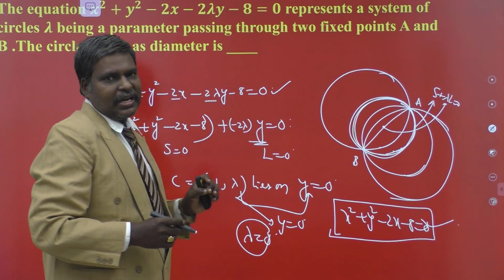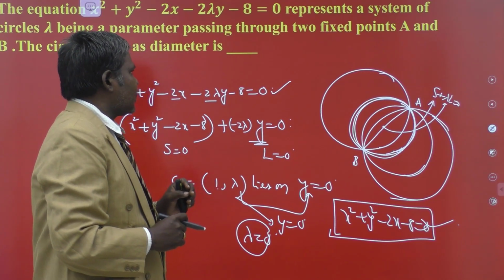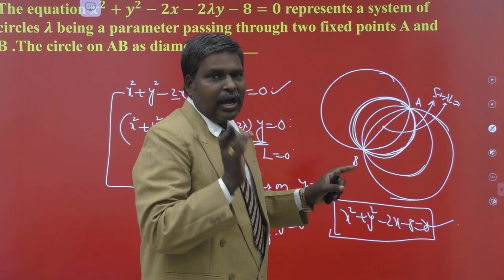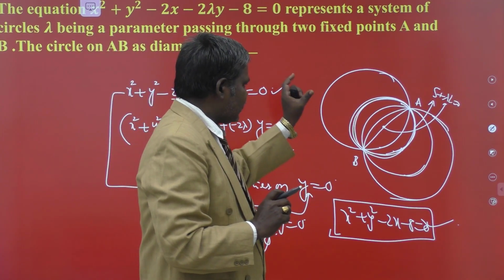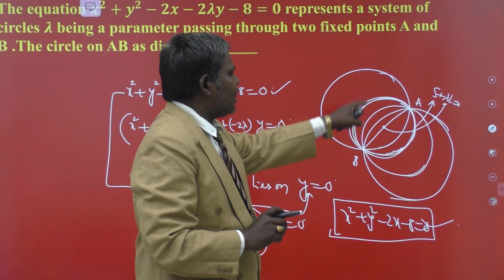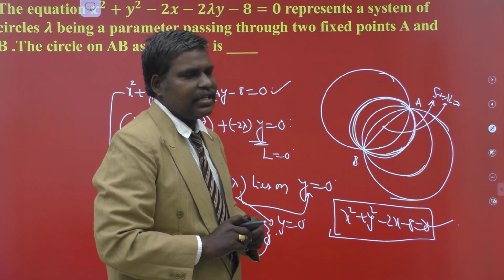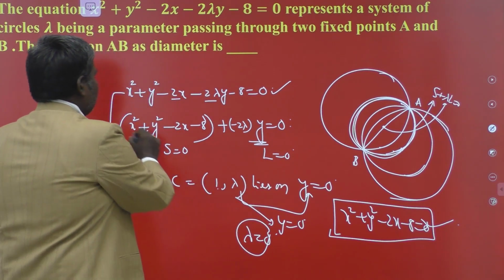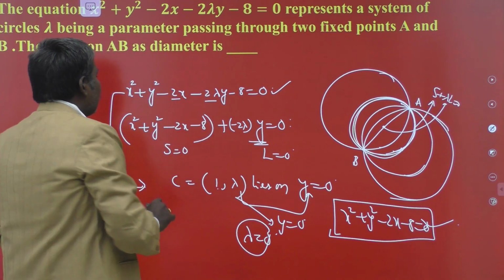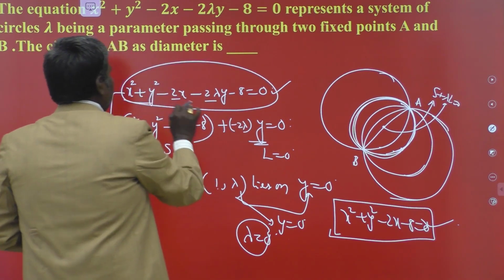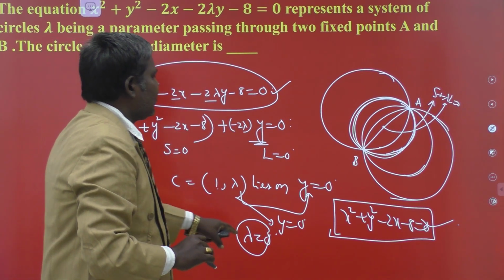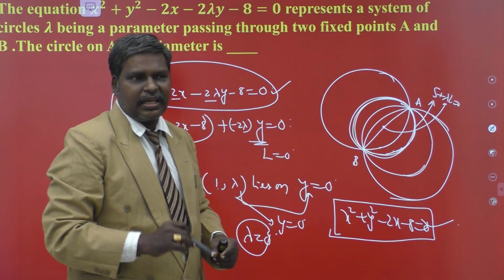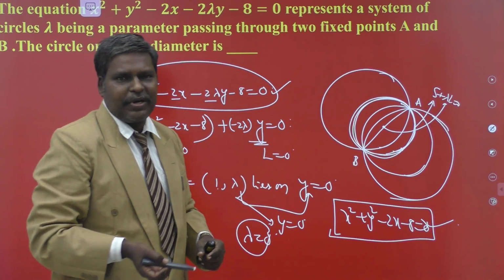The given equation represents an infinite number of circles, and all the circles intersect at AB. We have to find the equation of the circle in that system such that AB is a diameter of that circle. So every circle in that system is of the form S plus lambda L equal to 0, for some lambda. This is my required equation. Then immediately its center lies on what? Its radical axis, because AB is a diameter of that circle, and every center lies on its diameter.